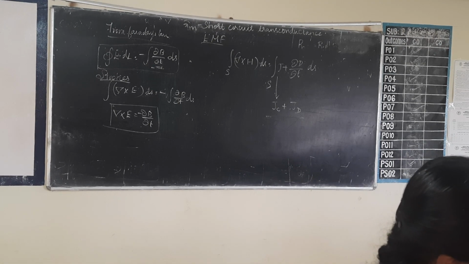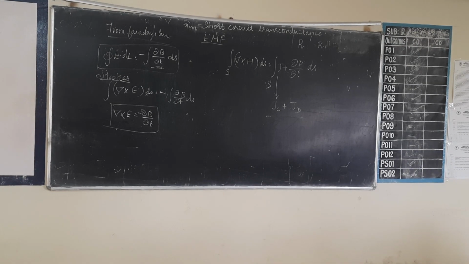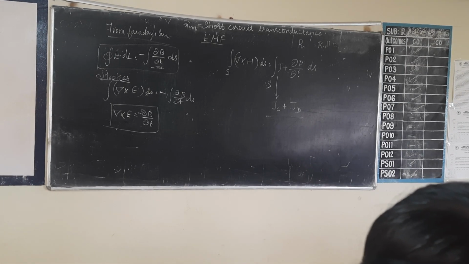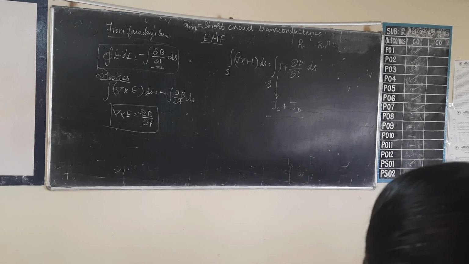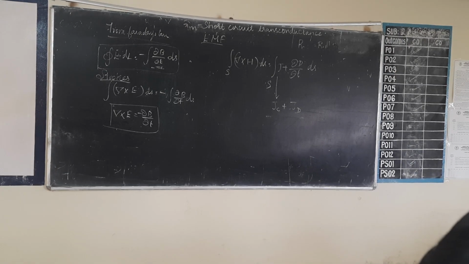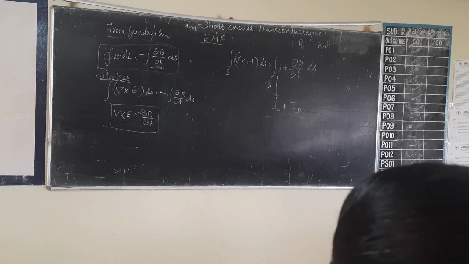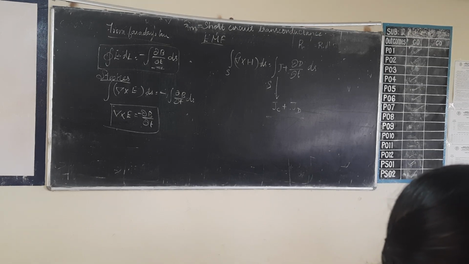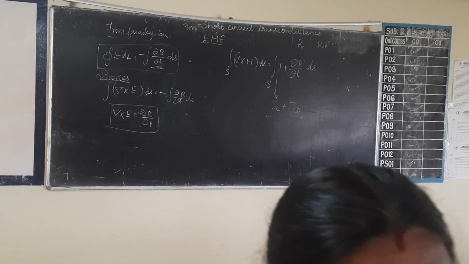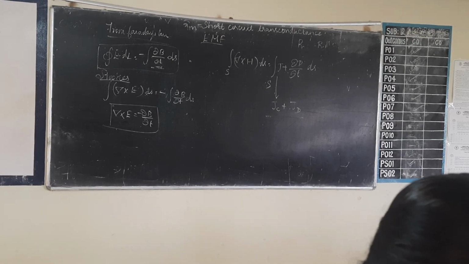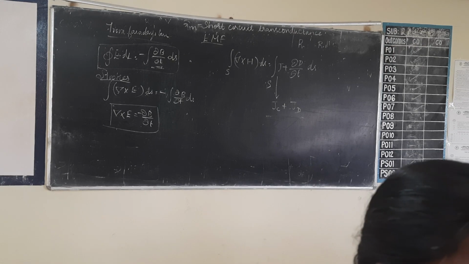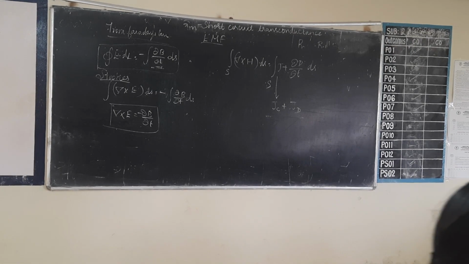Capital D is equal to 10x ax vector minus 4y ay vector plus kz az vector microcoulomb per meter squared,